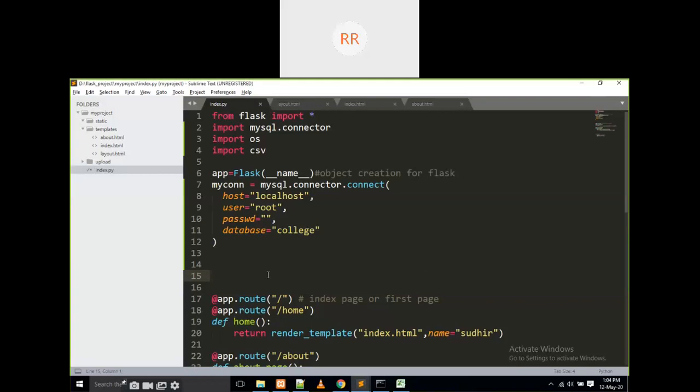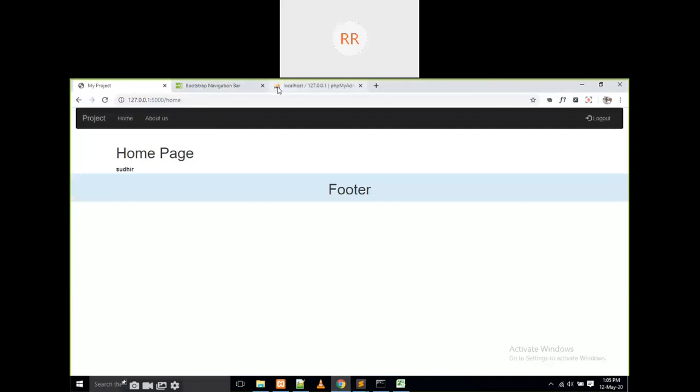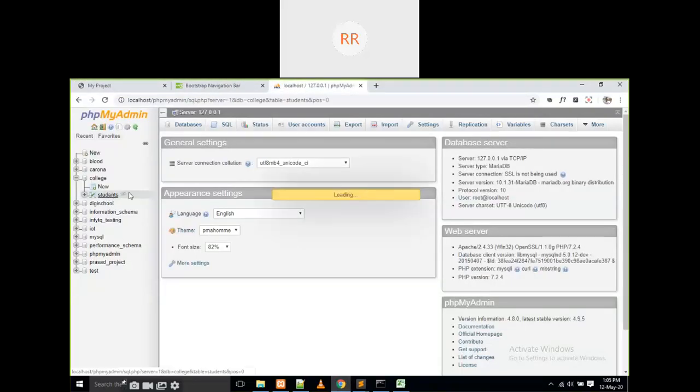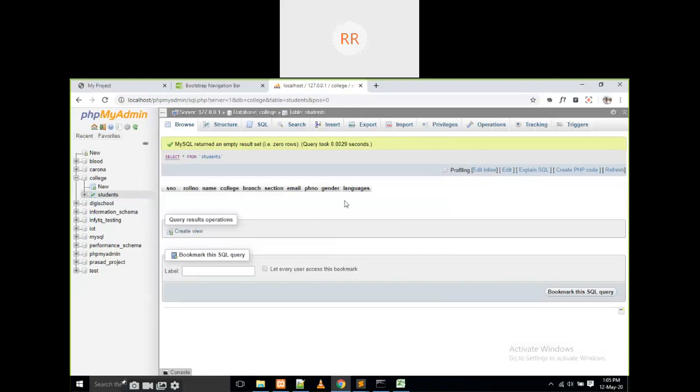Database connection. This is my step. First of all, today I covered bootstrap links and a header, footer and menu and modules needed and a database connection. Then next one is the registration page. I want to create one registration page, and if I give some data and click on insert, the data is going to be inserted into this table. That is my task now.